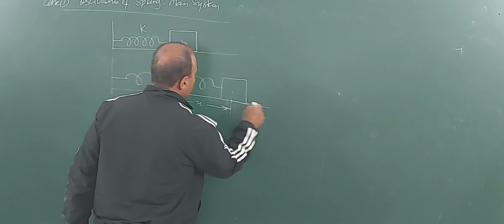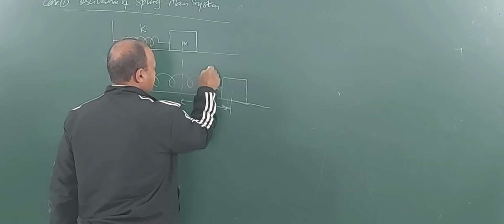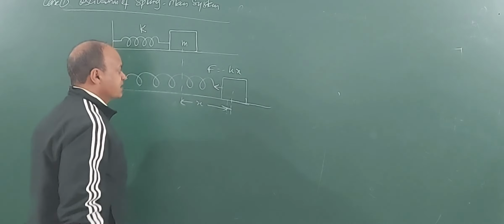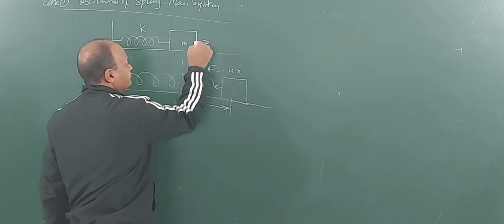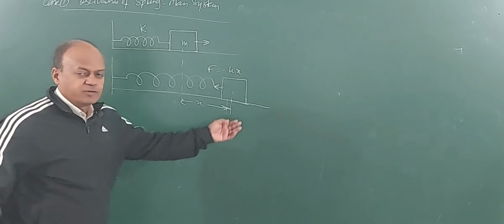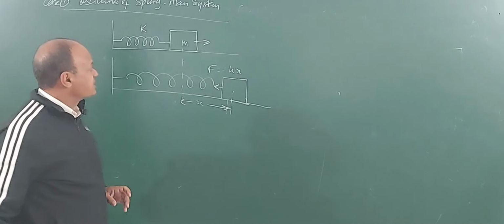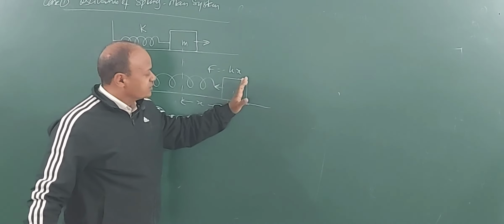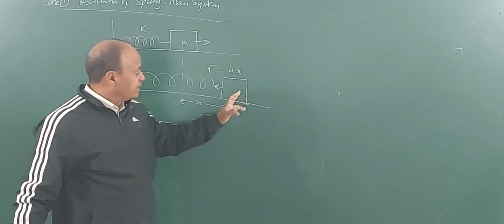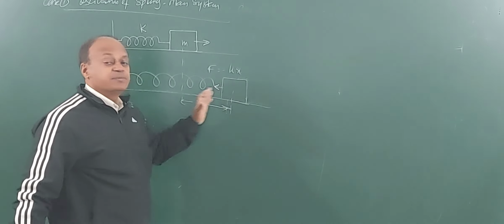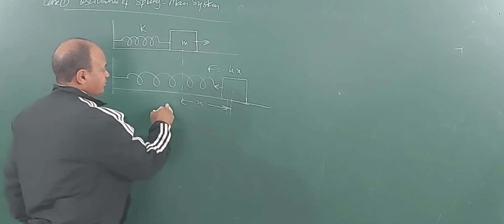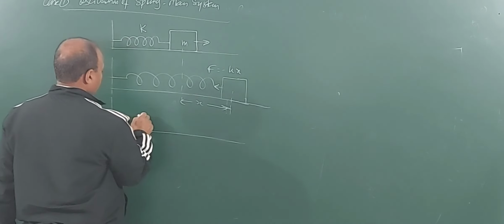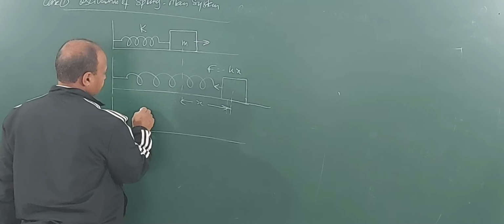The restoring force will be kx, Hooke's law, but in which direction will this act? Opposite direction. If I am deflecting it to the right, then the restoring force will be on the left. So what you will see is that the moment I push this mass here, I stretch the spring and bring it up to here and release, then the mass will oscillate simple harmonically. Like it has gone to the right through distance x, now again it will come to the left by a distance x.